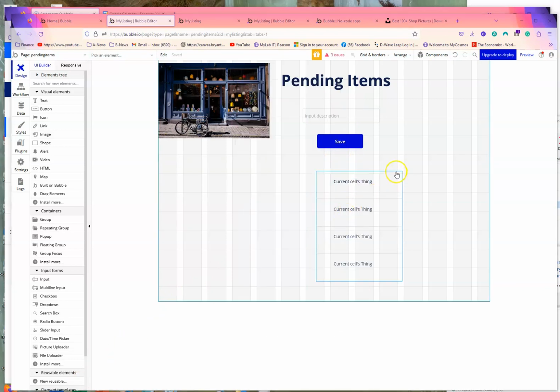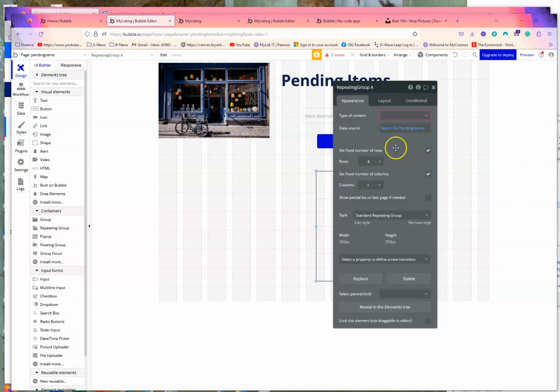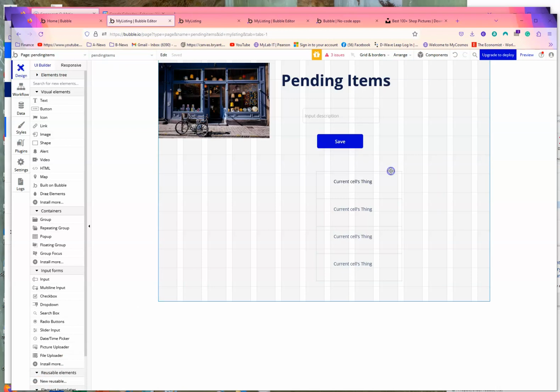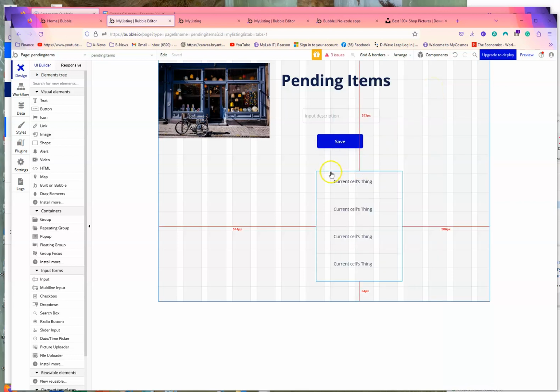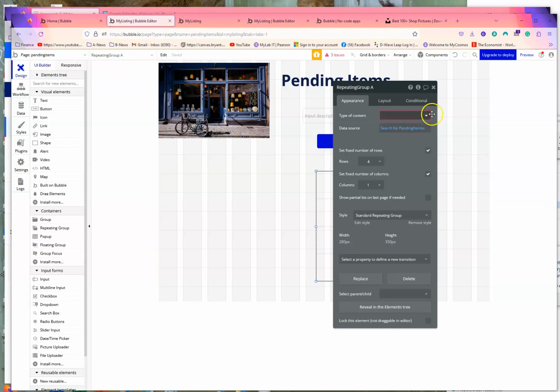So this repeating group, it will be search for pending items. Now I'm going to click on the repeating group. So the type of content is pending items. It's going to search the table for pending items,